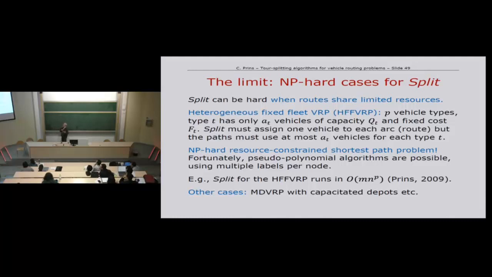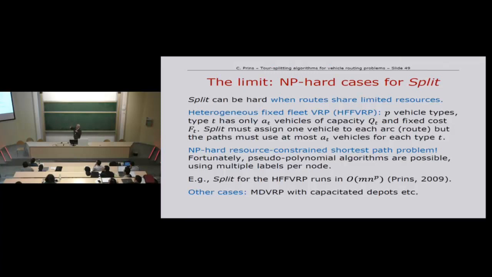So you have different vehicle capacities, but with a fixed number of vehicles for each type. In that case, split must select one of the vehicles for each arc on the shortest path. So for each route in the splitting process, it must select one vehicle. But of course, the path must use at most N_t vehicles for each type t, where N_t is the number of vehicles available. So it gives the NP-hard resource constraint shortest path problem, but hopefully there are dynamic programming methods,